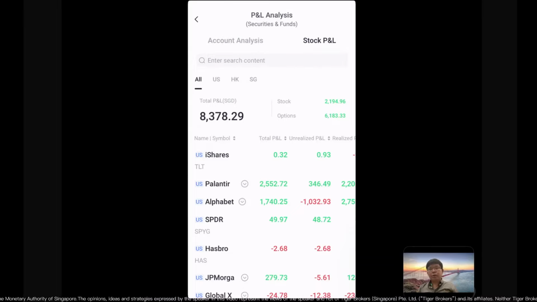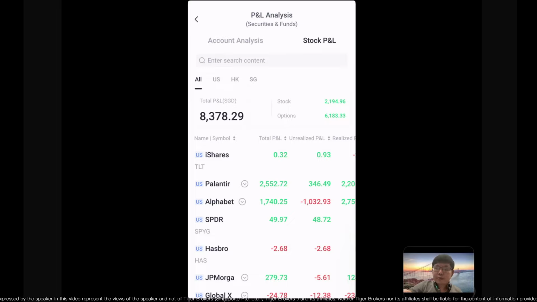Some of my amounts, although you see the below is red, the total portfolio is still in green. Some of my way of doing it is that my stocks get cut away.